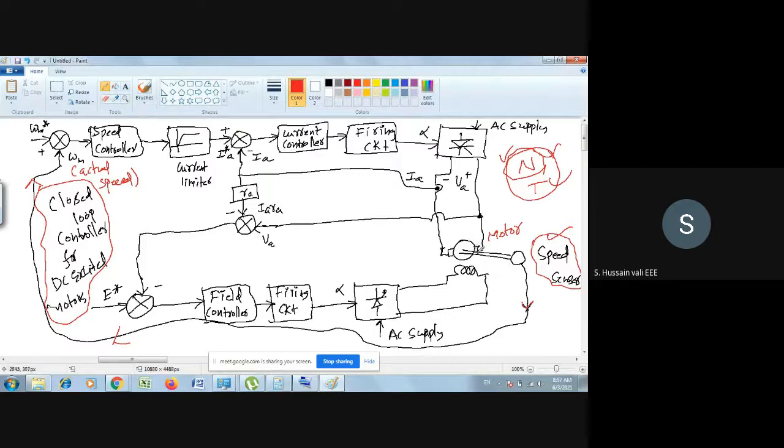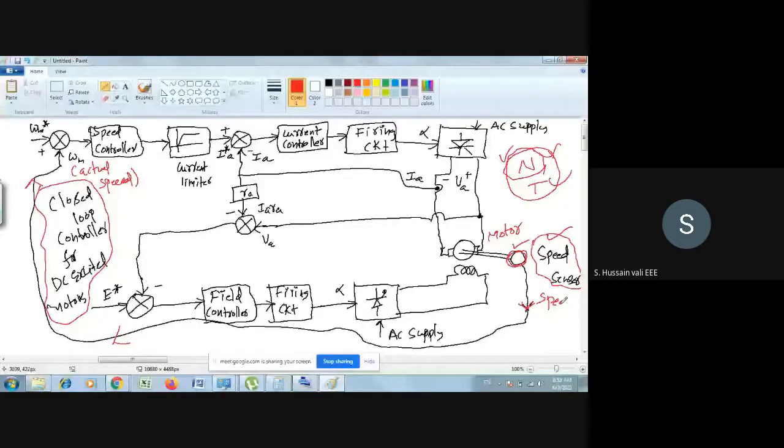So we'll start from the motor and its output. What is the motor output here? It is the speed. This small circle I put here is a speed sensor. It senses the speed of the motor. Once it senses the speed, this is the speed signal, which is of course in the form of an electrical signal only, not a mechanical signal. This electrical signal is a voltage or current, whichever it may be.